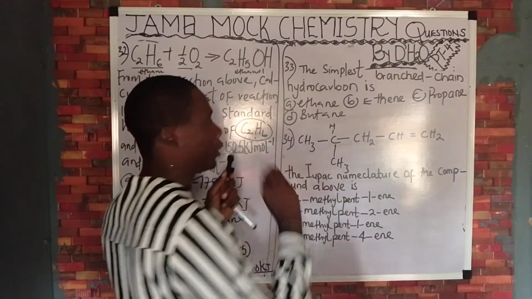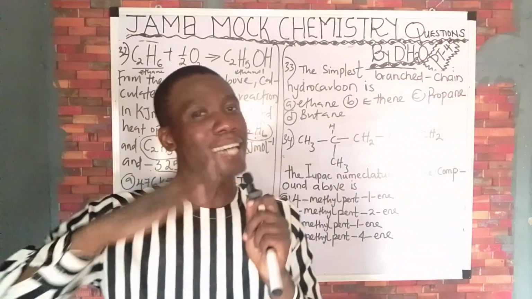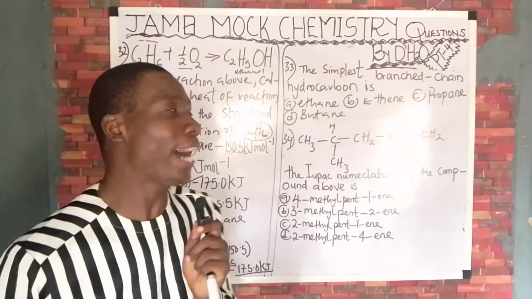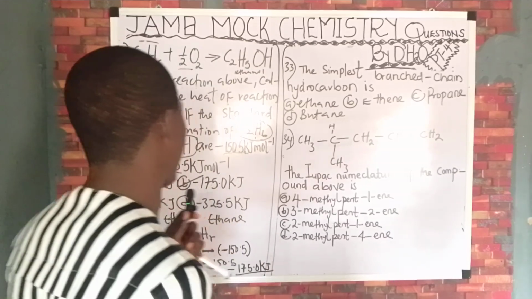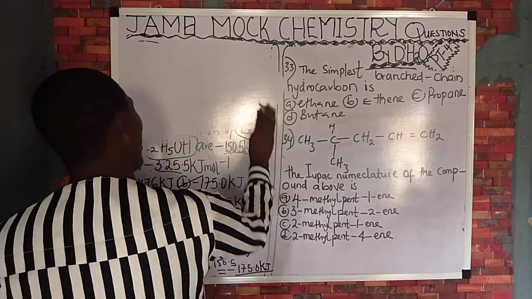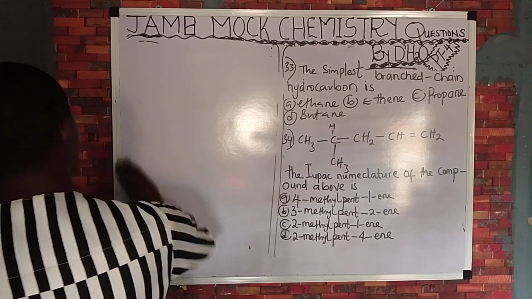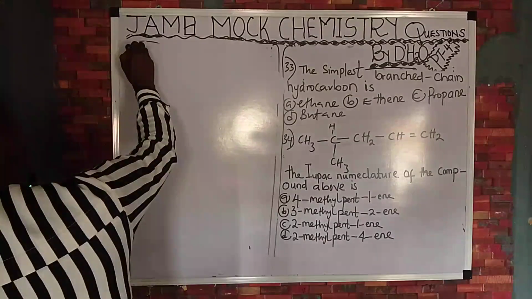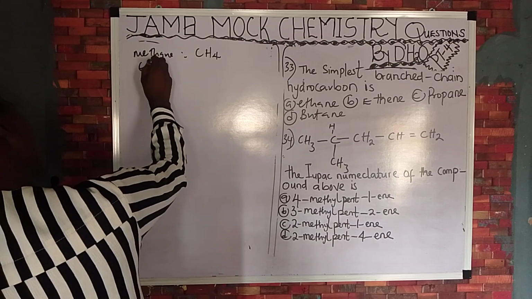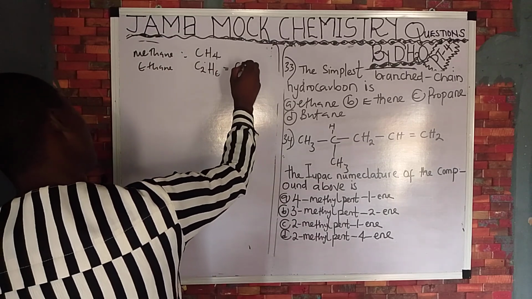The simplest branch chain hydrocarbon is what? When they are talking about branch chain hydrocarbon, they are talking about alkylation and hydrocarbon that can exhibit isomerism. And you should know from the structure of alkane that isomerism begins from the fourth member of the alkane homologous series. Remember, your alkane homologous series begins with methane. Methane is CH4, then you have ethane. Ethane is C2H6, which can be written as